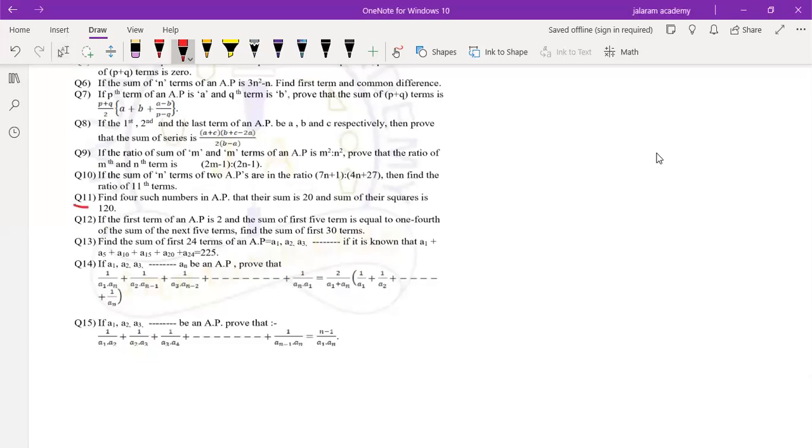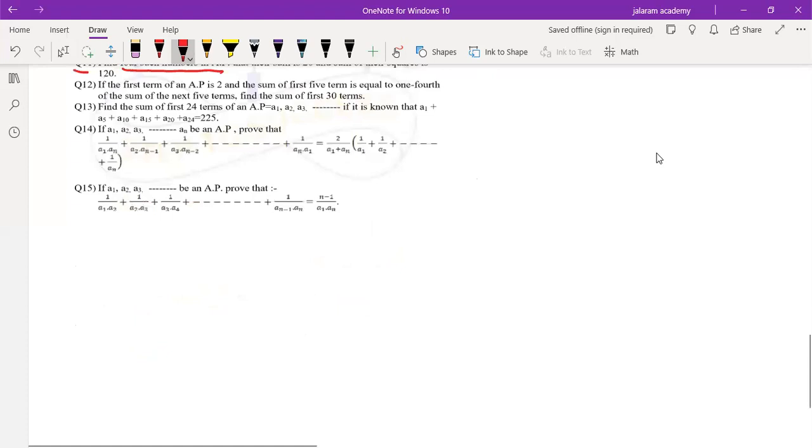In questions like question number 11, in which we have to find 4 such numbers in AP, whenever we have to find 4 numbers in AP, how should we assume them? First, we will discuss some theory about these types of questions. Always assume